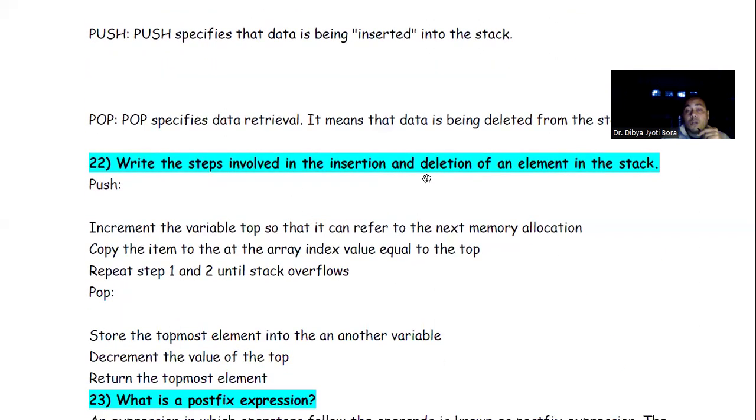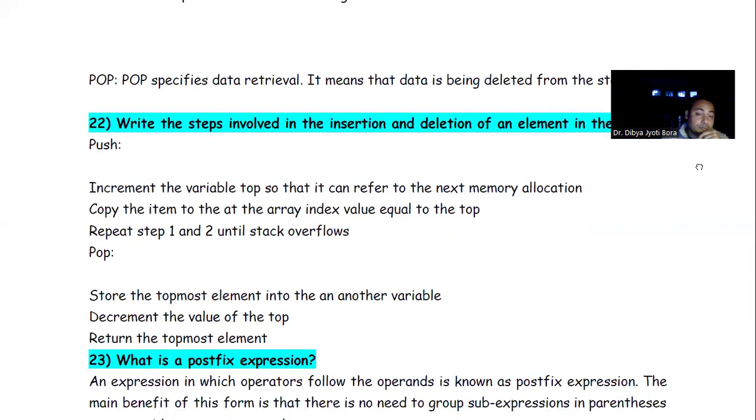Now write the steps involved in the insertion and deletion of an element in the stack. First, in case of insertion, you have to check whether the overflow condition holds. If overflow is there, you cannot go for insertion. If underflow is there, you cannot go for deletion. Underflow means no element is there, and still you are trying to delete an element. For push operation, increment the variable top so that it refers to the next memory location. Suppose top is at the fifth location and the array size is 8, it is okay.